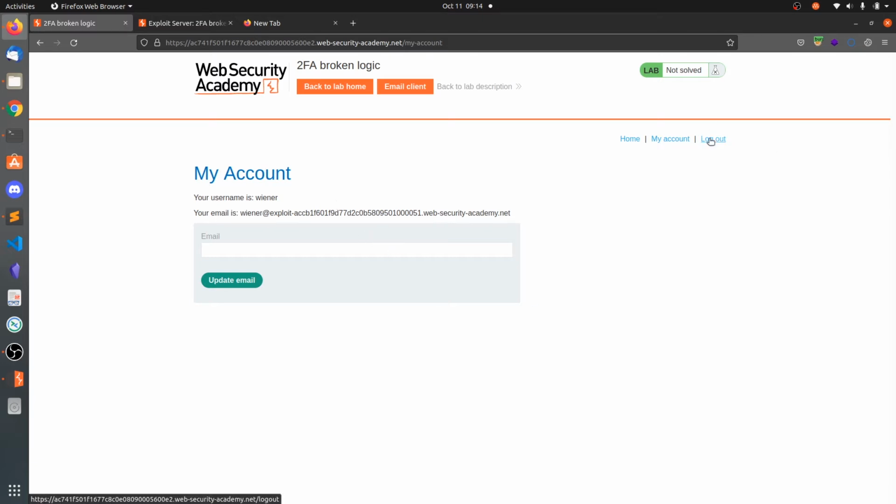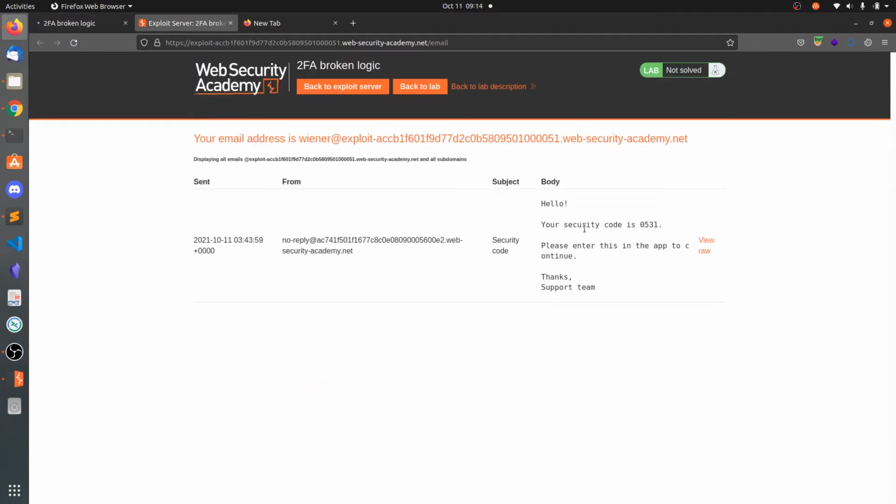So what we need to do is we need to log in as the Carlos user. So click on logout. So before that we need to make the word list that contains the 4-digit numbers.